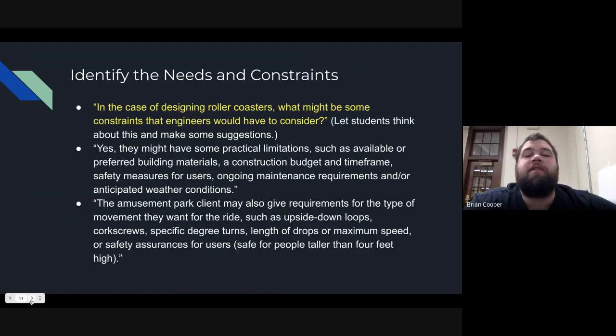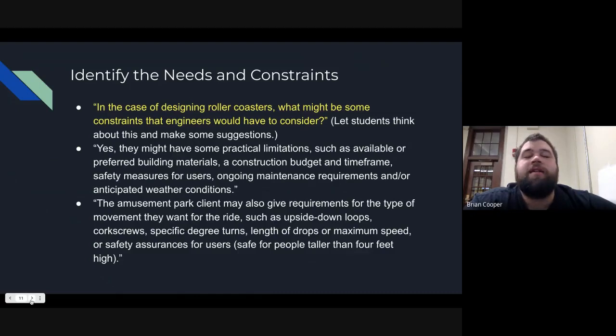They might have some practical limitations, such as available or preferred building materials, a construction budget and time frame, safety measures for users, ongoing maintenance requirements, and/or anticipated weather conditions. You're going to try to prompt and guide your students to these answers. Then you're going to say the amusement park client may also give requirements for the type of movement they want